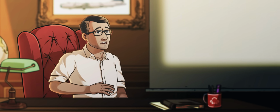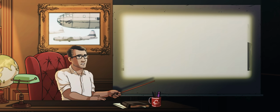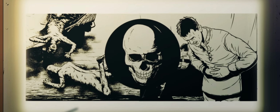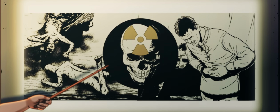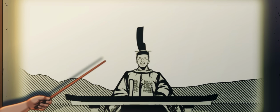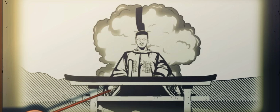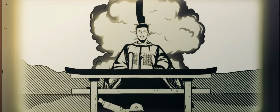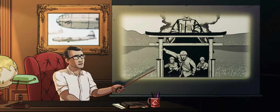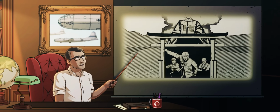The eventual realization was that there were hundreds of thousands of additional injuries and deaths due to nuclear radiation. They may have thought, was Kyoto next, or Tokyo? Would the emperor even survive, assuming the Americans bombed his palace? Forces outside the ruling coalition took matters into their own hands and initiated a coup that toppled the government and